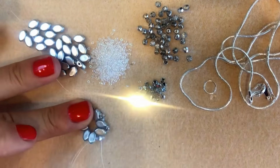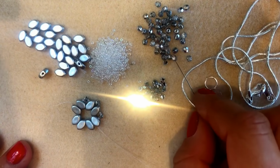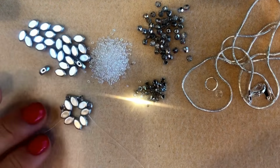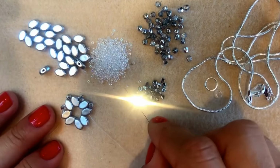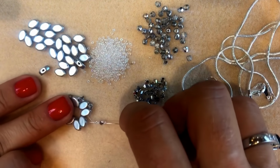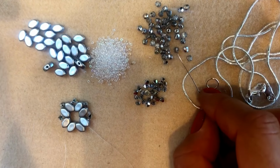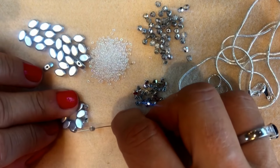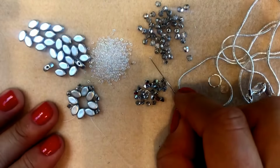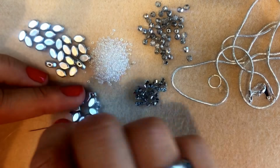So I picked up a size 15, 3mm Swarovski crystal and another size 15, gone through the next Paros bead. Now it is a 3mm fire polish bead. There we go, through the next Paros. You can see what I'm doing here. Size 15 seed bead, 3mm Swarovski, size 15 seed bead, and through the next Paros bead. A 3mm fire polish, and through the next Paros bead. Size 15, 3mm crystal, size 15, through the next Paros bead,